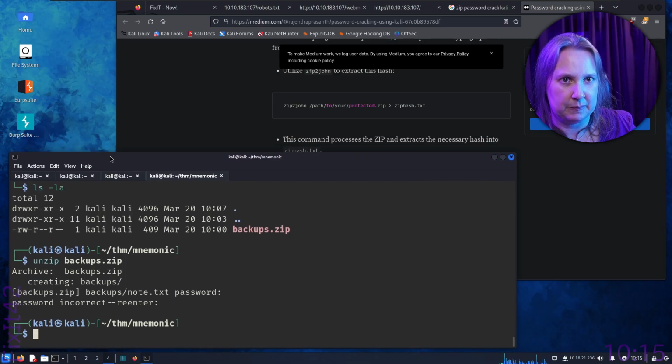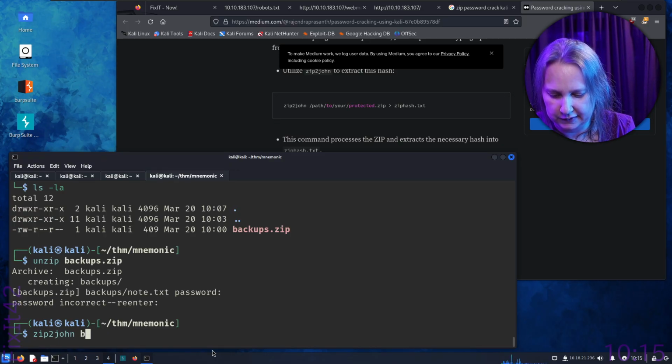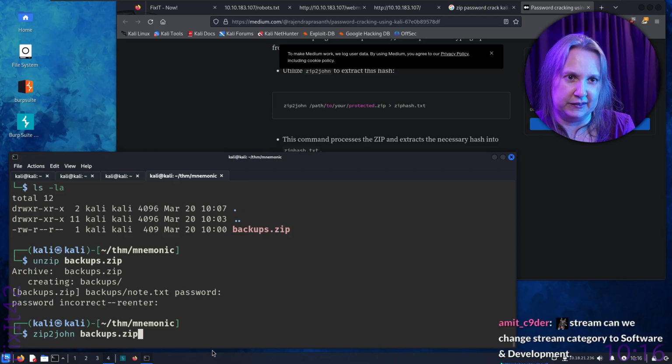So now we can see we're in our directory here. Let's see, if we type this, we should get a nice color on the command, right? So zip2john. Yeah, we got it. And then we have our zip file, and let's hope we don't have to specify that and it can find it itself. We'll see. I always wanted to find it itself if I can. But I probably should just add it.